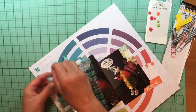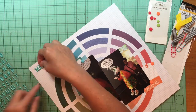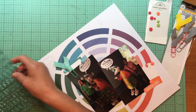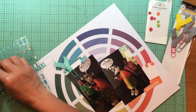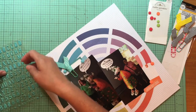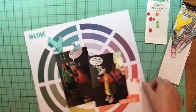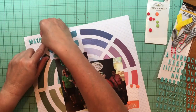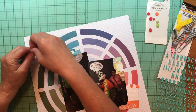Then I grabbed this puffy alphabet from Elle's Studio, and they are the puffy alphabet stickers. They release these about once a month. And I'm going to just title it Maxine. And I like the size of these. They're really great for titles and subtitles. So I like that, but there is quite a bit of space left at the end of this, so I'm going to move this all over